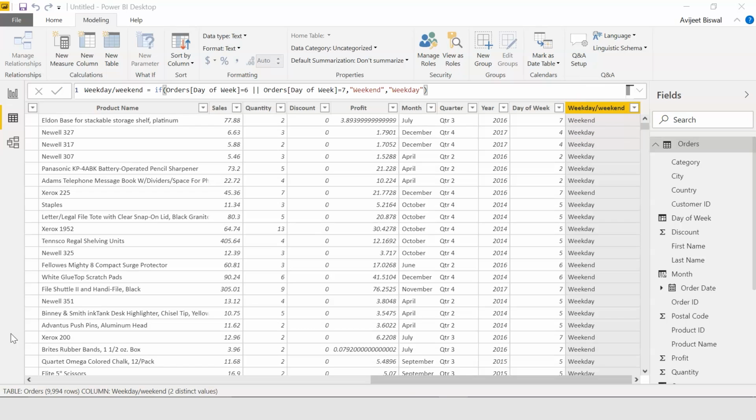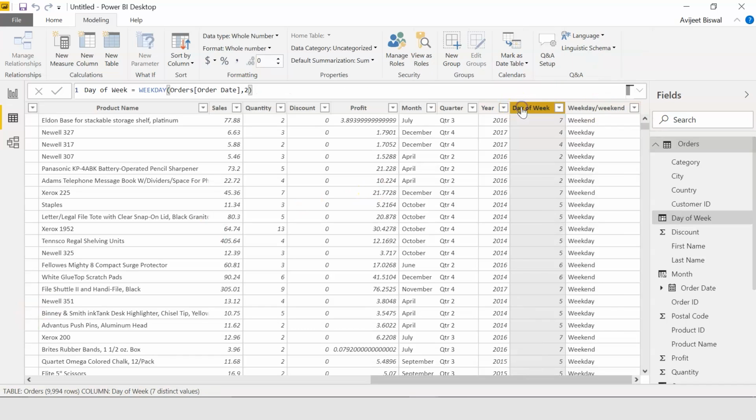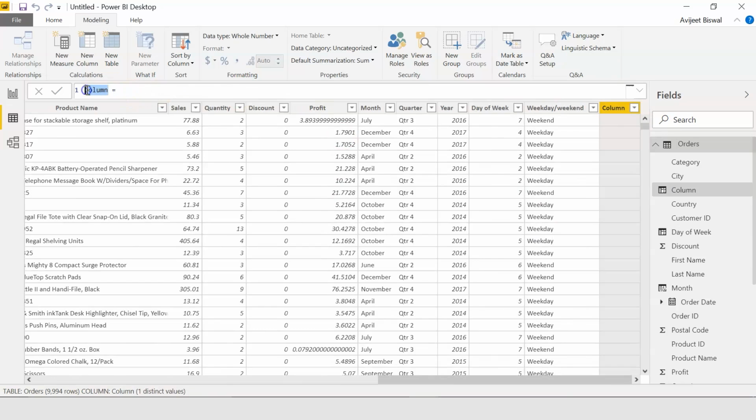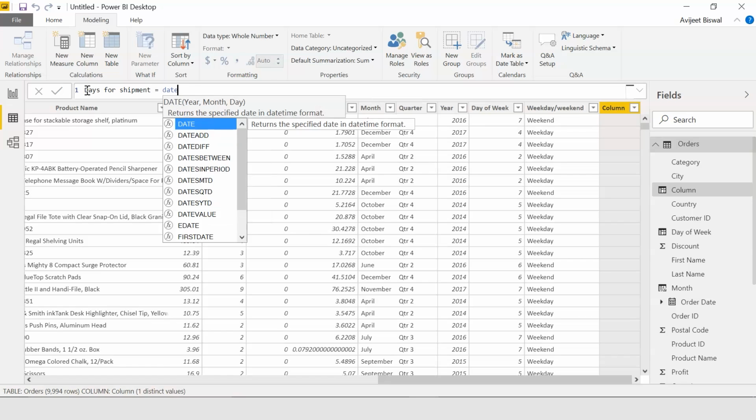So moving ahead, another thing we can do is we can find the total number of days it took for the shipment of the product. This can be done using the datediff function of Power BI. So let me show you how you can do that. I'll click on any column, right click, go to new column. Let's rename the column as days for shipment. Then I'll use the datediff function.